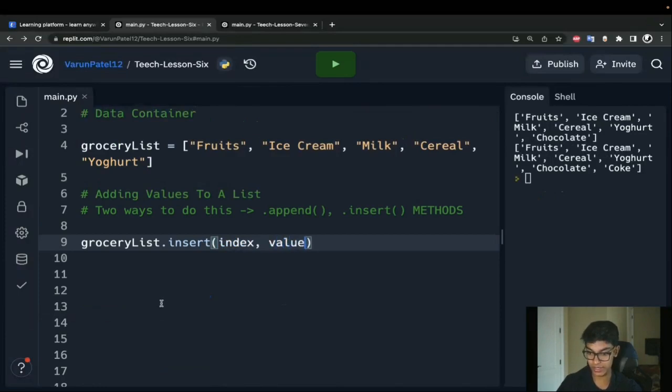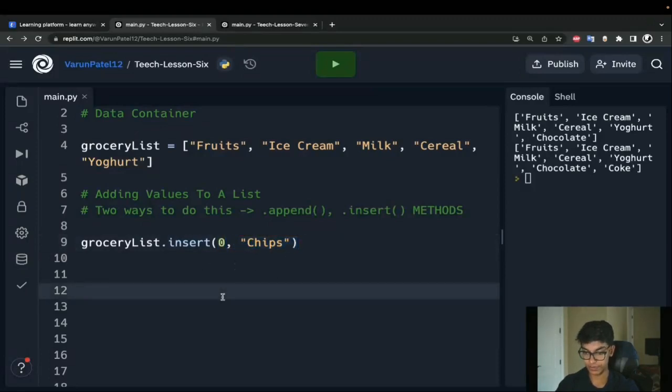And what dot insert takes is an index and a value. So the value we're going to give it is chips, right? Our index is used to tell Python where this chips is going to go. It's got to go to the top of my list. It's got to be the most important thing. It's the first item. Well, we know in Python that our first item always has an index of 0. So we're going to insert at an index of 0 a value of chips. So how does this read in plain English? Python, take my grocery list, right, and make the first item in my grocery list chips. That's how that reads out.